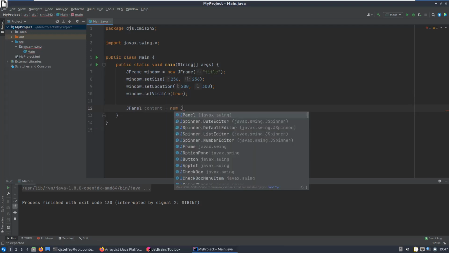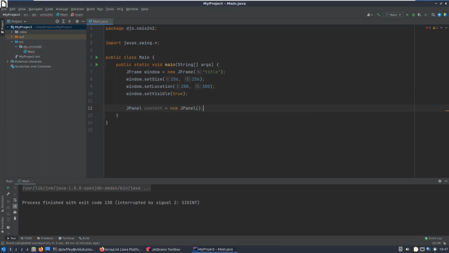Let's make a new JPanel. You don't need any parameters to it. And so what we have to do to make this panel part of the window, we have window.setContentPane and this content. So that means this panel is what's going to be in the content portion of that JFrame